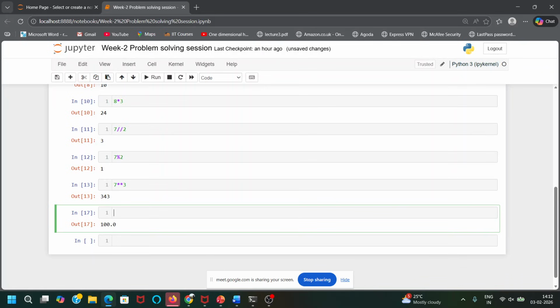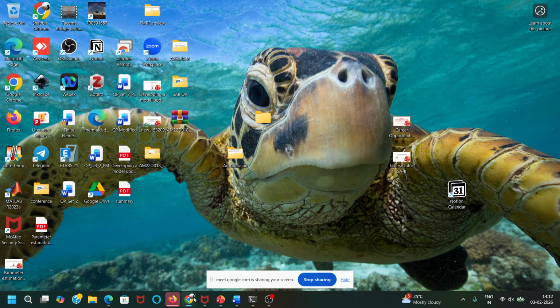There are also Boolean values, like true and false. Those are different types, which are called bool. So true and false. If you evaluate a conditional, let's say if i is not equal to j, it will give an output of true or false, something like that.